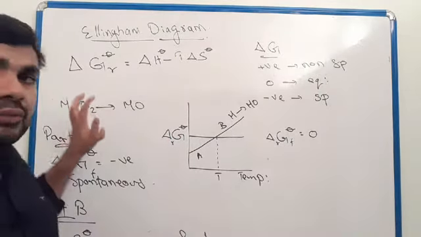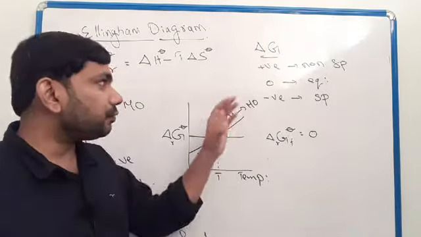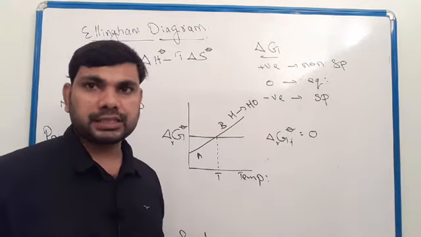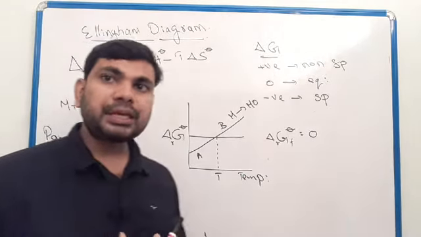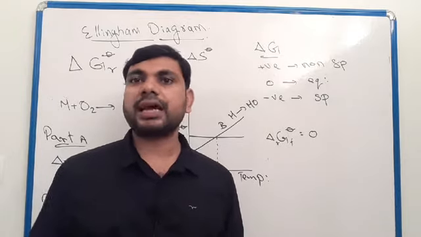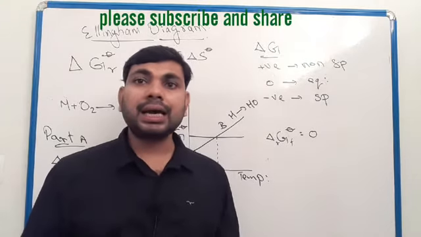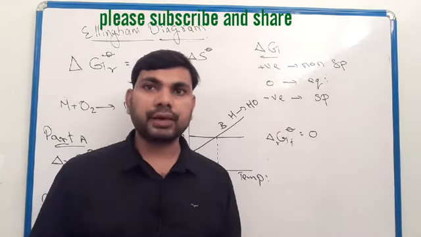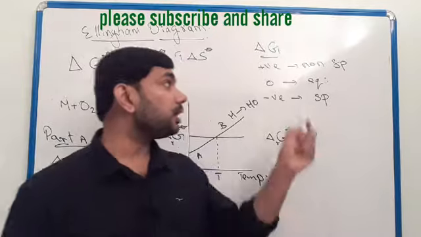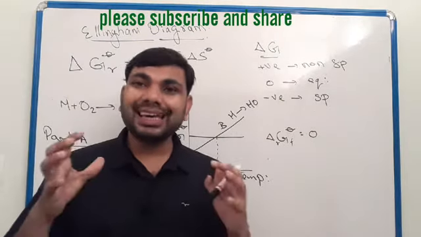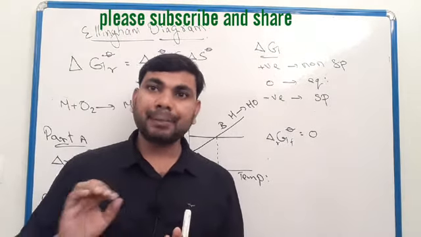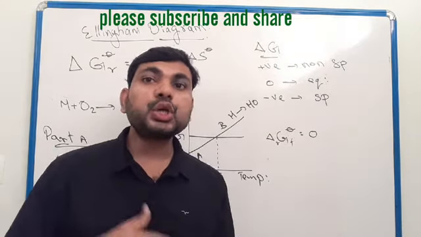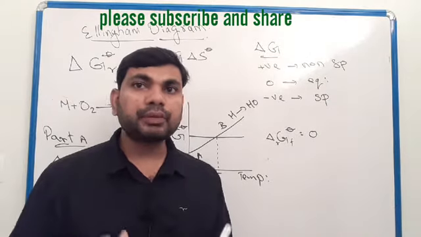In the Gibbs free energy equation, delta G positive for a chemical reaction means the reaction will be non-spontaneous. Delta G negative means the reaction will be spontaneous, the chemical reaction is feasible. Delta G zero means the chemical reaction is in equilibrium. So delta G negative: spontaneous; delta G positive: non-spontaneous; delta G zero: the reaction will be